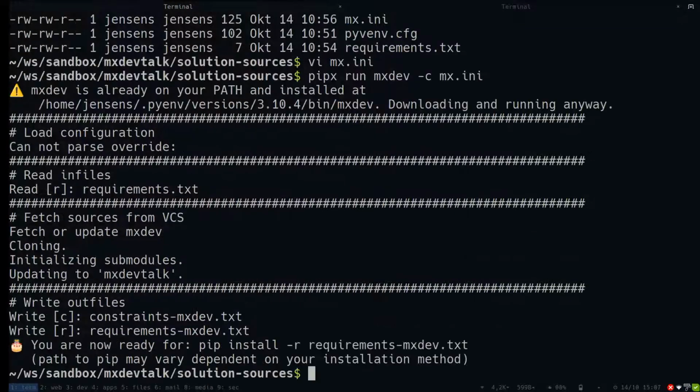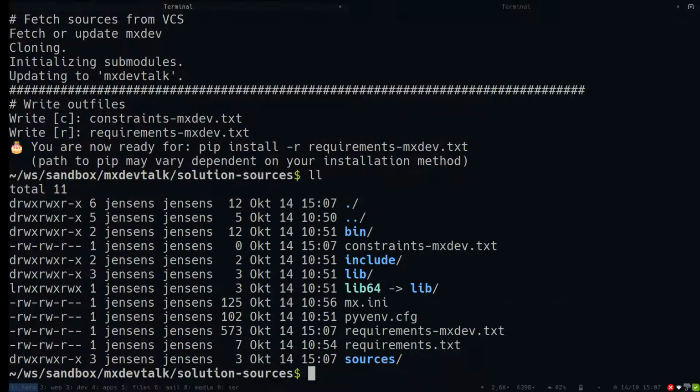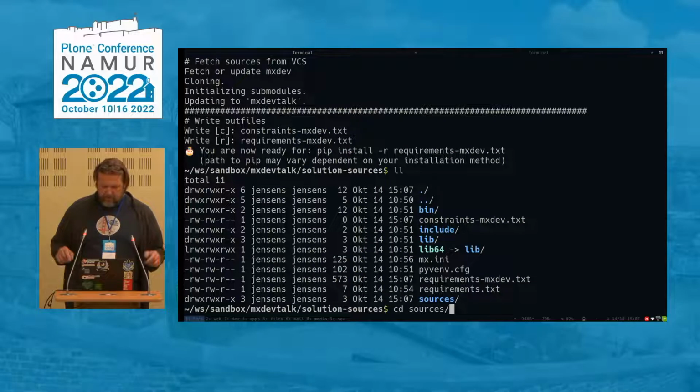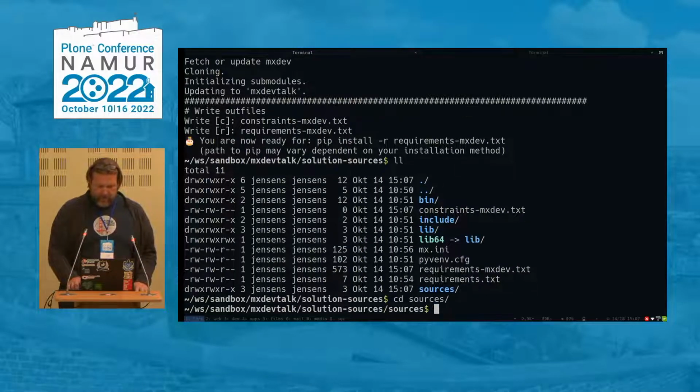then it clones the repository. Even if you have submodules, it would initialize those. Hopefully you don't need it that often. And then you can run pip install, it writes it down. And I now have here a sources directory. That's the default name, sources. You can configure it in mx.ini to install anywhere, but sources as written here is the directory,